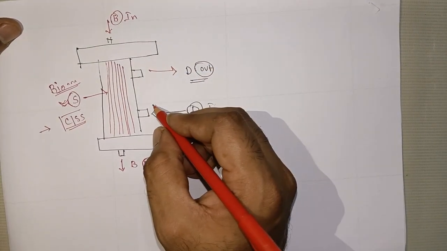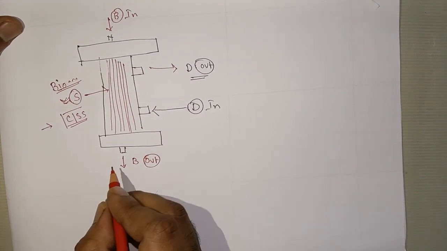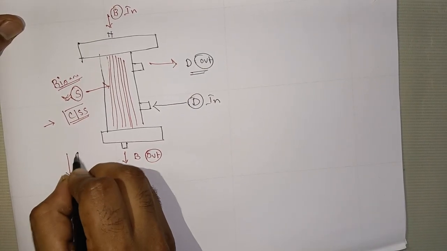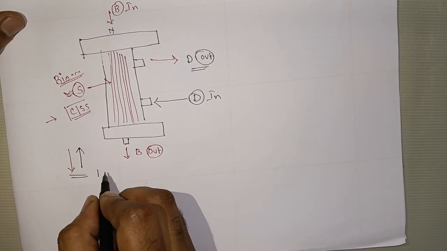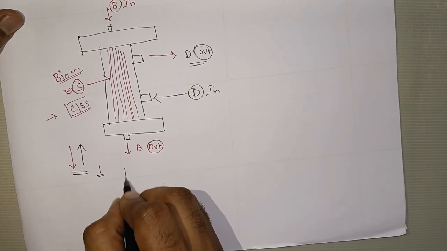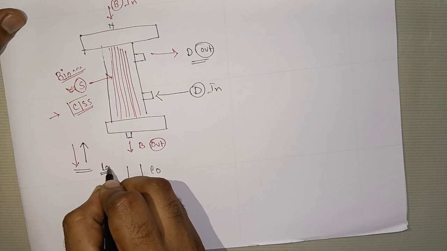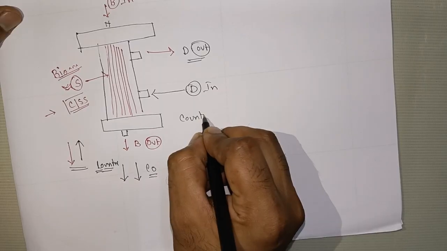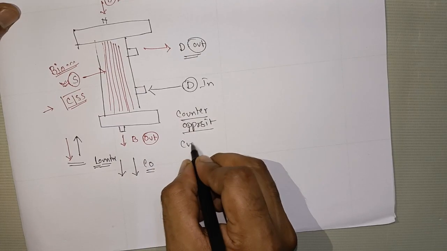So if we think about the flow of dialysate and blood in the dialyzer, those are always in opposite directions. This is called counter current mechanism. If those flows are in the same direction, then it is called co-current, and this is called counter current. Counter means opposite, current means